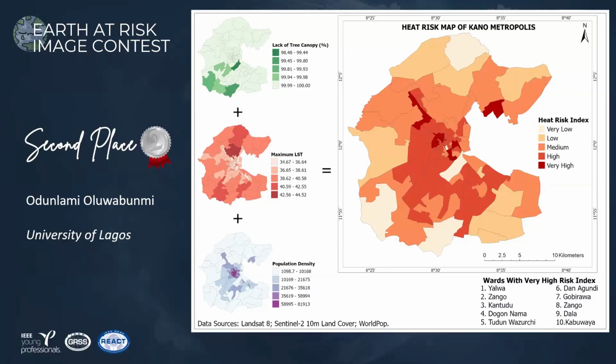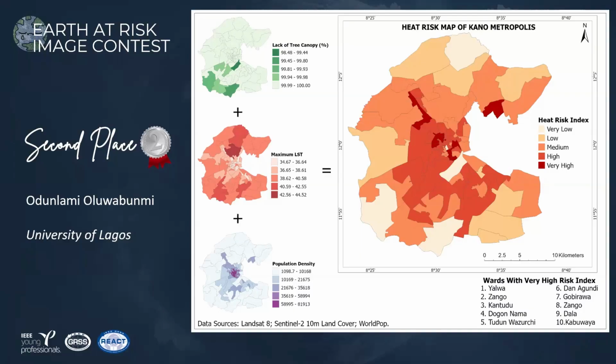So the key finding discovered in this image is that the highest risk areas within the urban center are Zongo ward, Kantudu ward, Yawa ward, and Dongo Nama ward. So these wards have the highest risk index because they have a very high population density, and also they are experiencing a high degree of land surface temperature.